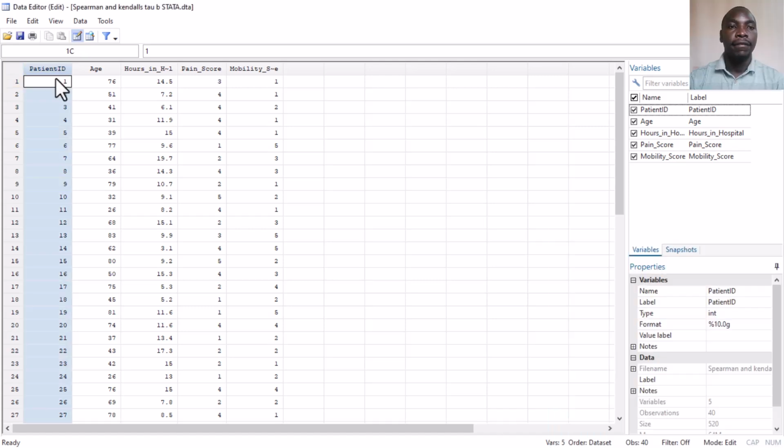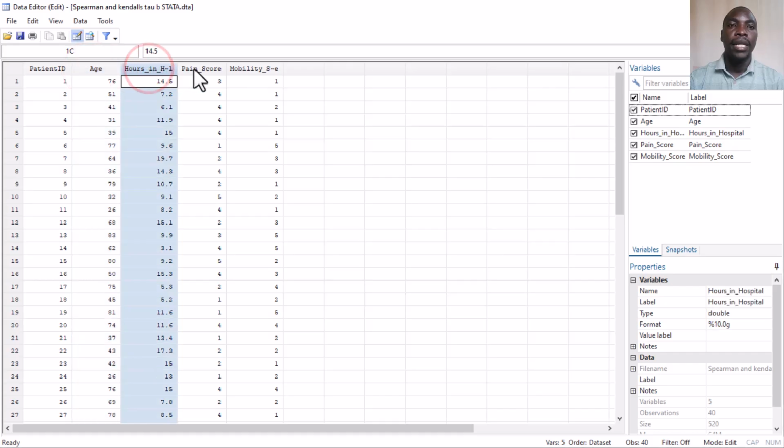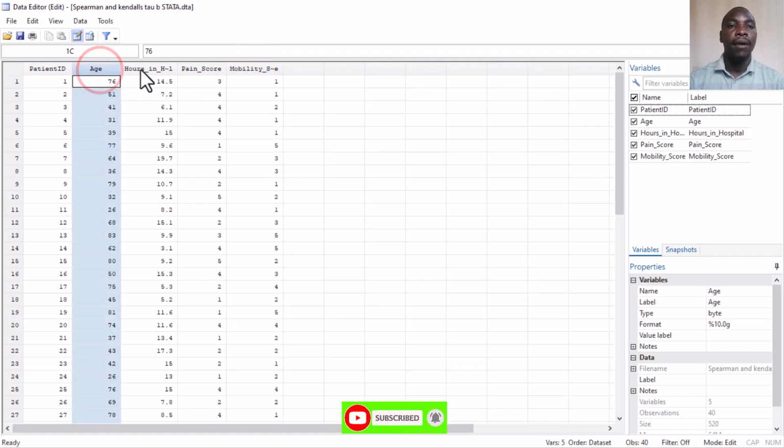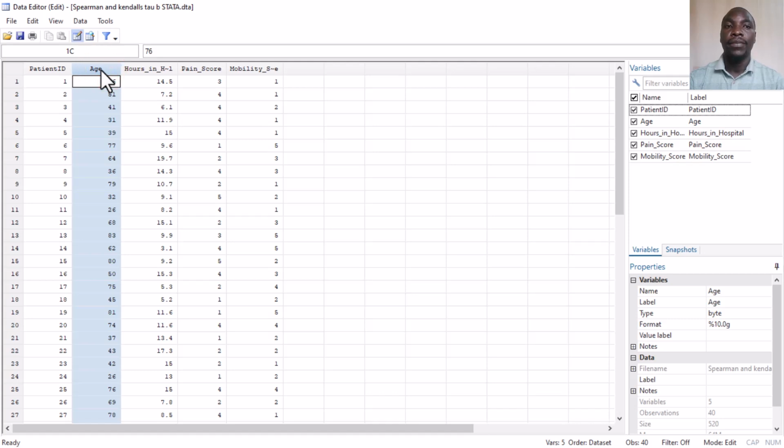We have a data set for this demonstration which you can download from a link in the description of this video. In this data set, we have 40 participants with data about their age, hours in the hospital, the pain score, and the mobility scores. We want to establish the relationship between age and hours someone has spent in the hospital. But one of our variables, age, is not normally distributed. In that case, we shall have to use Spearman's rank correlation if we want to assess this relationship between age